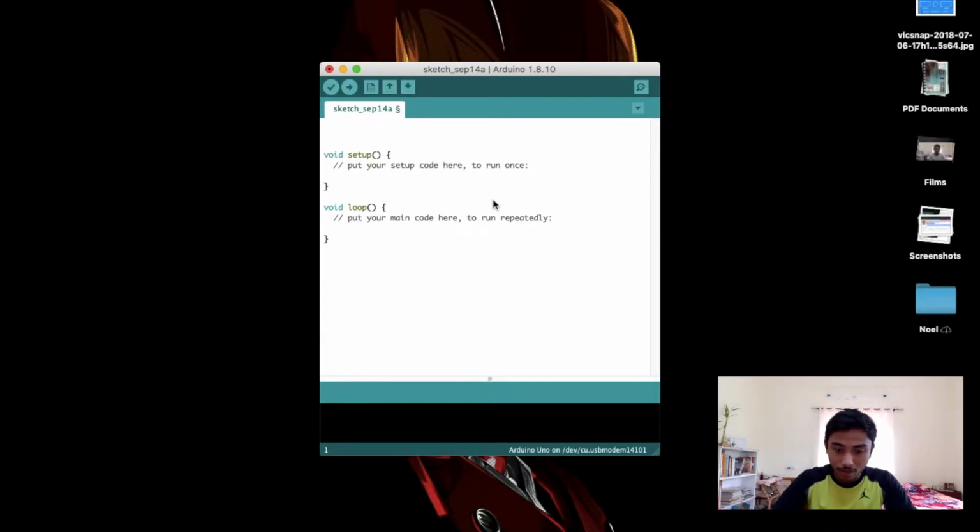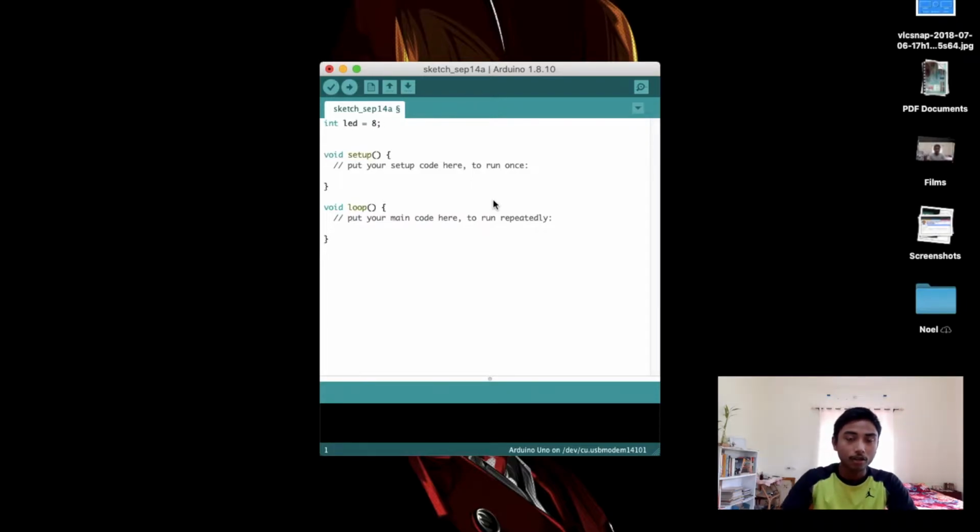The first thing we need to write is int. This is the keyword int, then a space. Then we can write a variable name. Let's call this LED, simply LED. So, int LED equals, and remember the pin where the LED has been connected. In my case, I have connected the LED to pin number 8 of the Arduino board. So we are going to write 8 and then a semicolon.